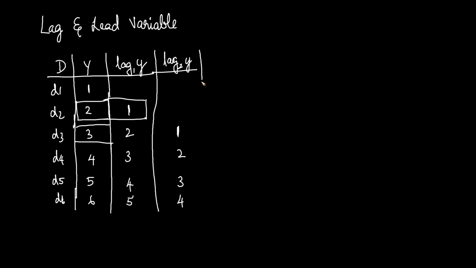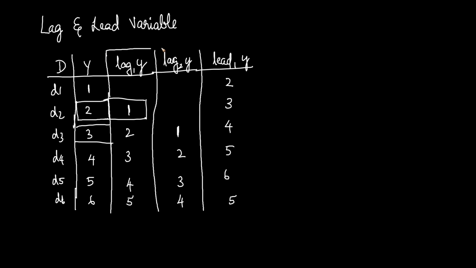This is the concept of lag. Then what would be a lead? Lead 1 of y would be when y equals 1, lead 1 of y will be leading it by 1 unit. So this will be 2, this will be 3, and so on. That's the concept. Lags are more important because you can use the lag variables in order to predict the future